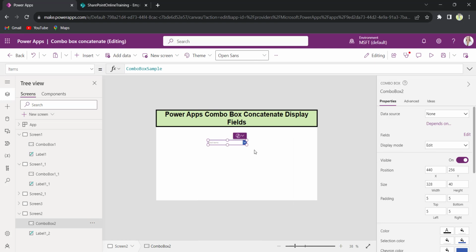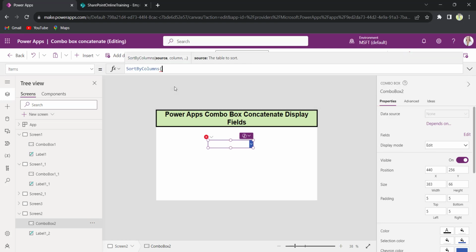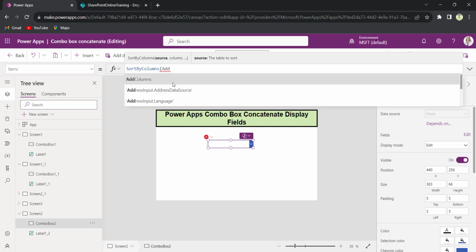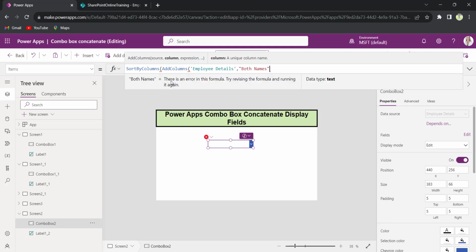And set its items property to SortByColumns, AddColumns, my SharePoint list name, employee details, comma, I'll provide some name, both name, comma,